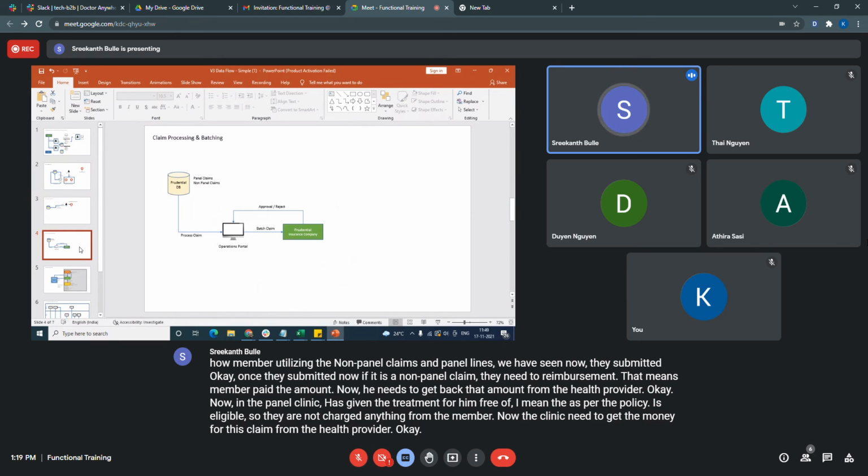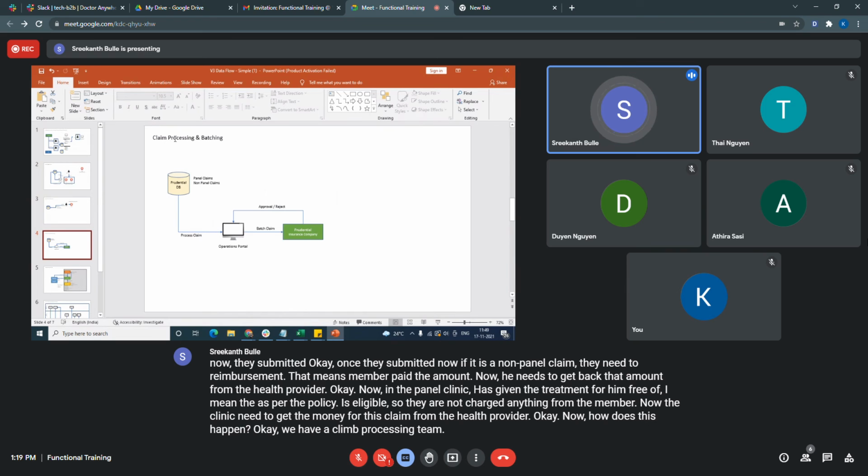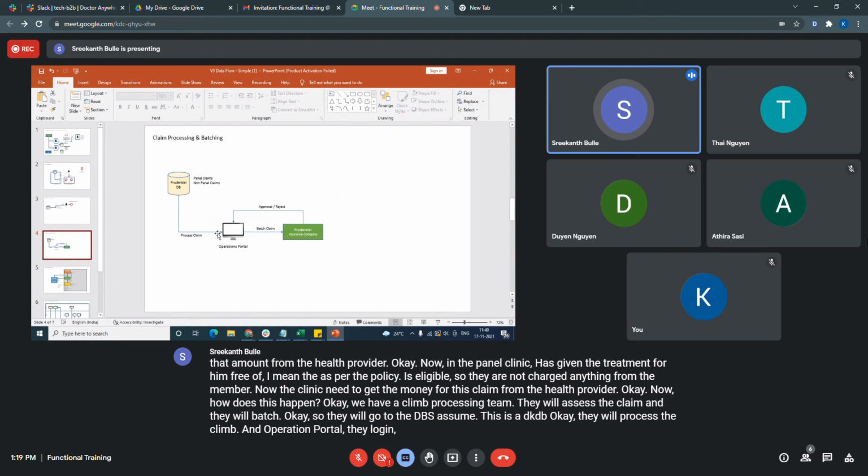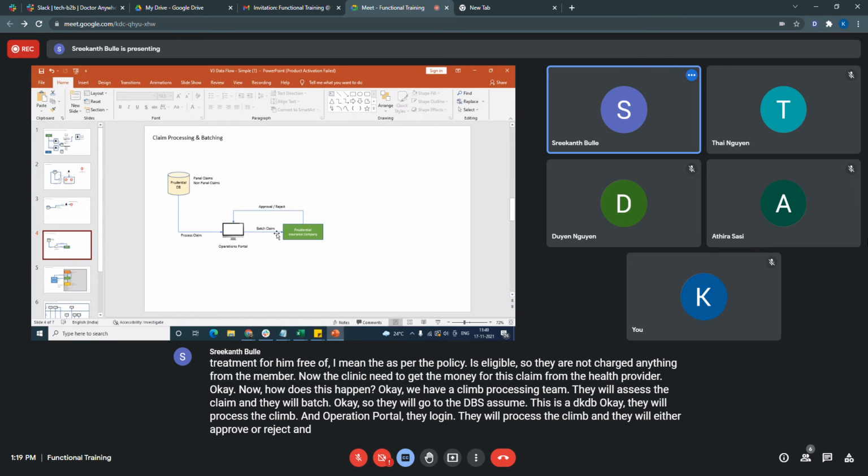Okay, now how does this happen? We have a claim processing team. They will assess the claim and batch it. Say assume this is the DB. They will process the claim in the operations portal. They will log in, process the claim, and either approve or reject, and they will batch the claim.